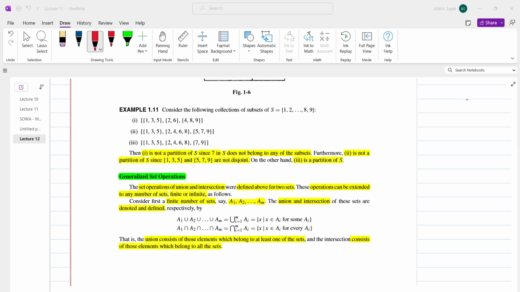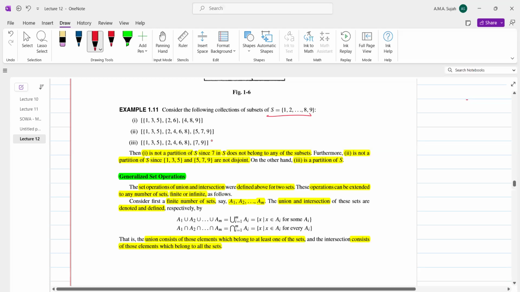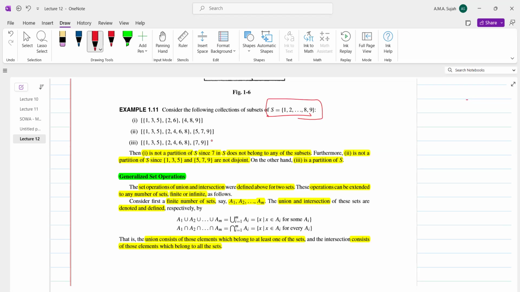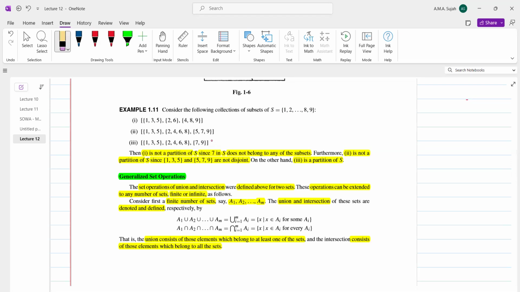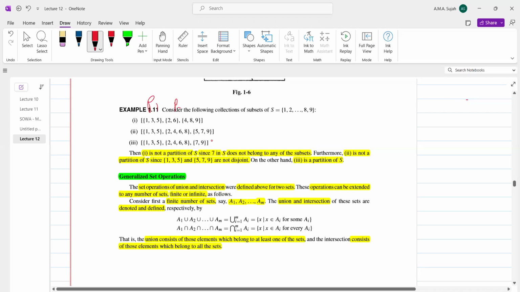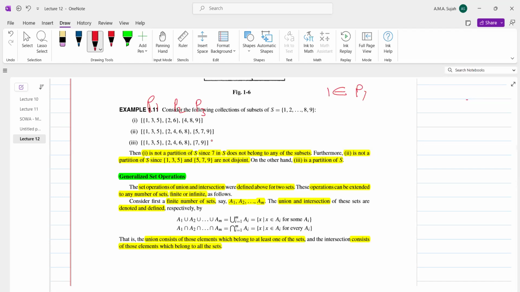Yeah, why is the first one not a partition? I already told you, right? If you have a set S, and you write the partitions, all the elements of set S must be contained in one of the partitions, right? If you look at 1, it is an element of the first partition. So we can say this is partition P1, this is partition P2, this is partition P3. Just imagine, right? 1 is an element of P1, 2 is an element of